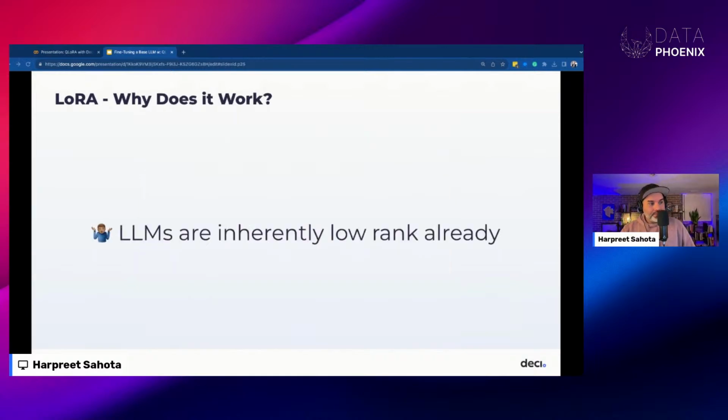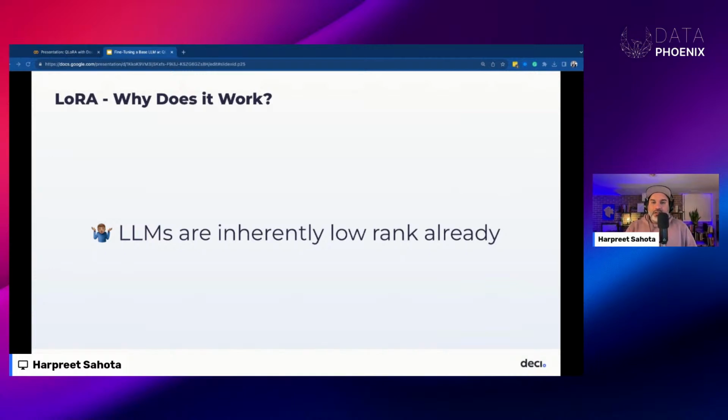Great. So why does LoRA actually work? I did some research, and the only satisfying answer I could find was this: despite their size, large language models actually intrinsically have low dimensions. This means that the weight matrices of these models are already low rank, so not all of the parameters are actually necessary.